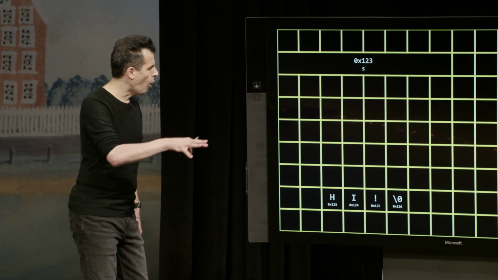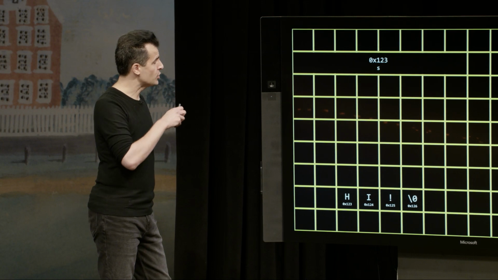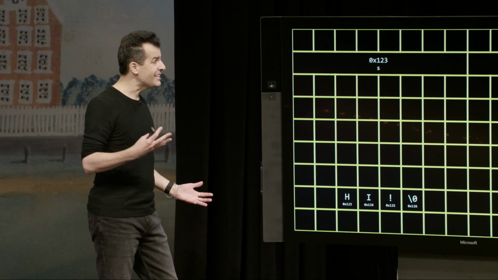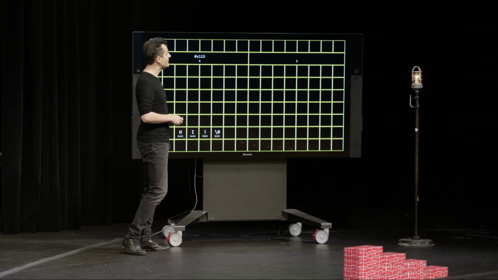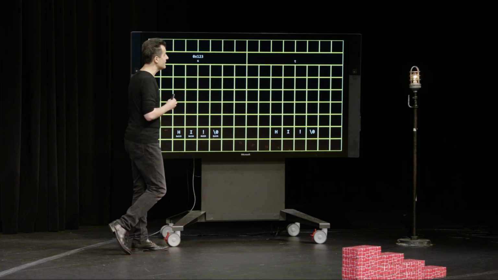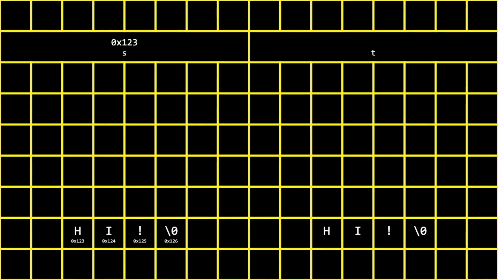But again, this is all very good for just s. What's going on with t? t is kind of the same story because I'm calling getString again. t is going to get assigned the address of the first character of this version of hi. And let's just arbitrarily say it's at 0x456, 0x457, 0x458, and 0x459. And at this point, t is going to take on the value 0x456.